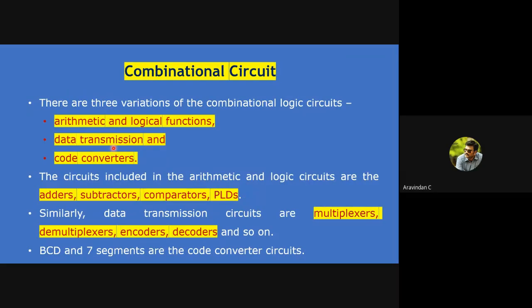Using combinational circuits, we have done experiments like arithmetic and logic functions. This is mainly used for the transmission of data. Transmission of data comes under multiplexer and demultiplexer. And code converters, we have seen, like Gray to binary code and BCD code conversions. In the first half, we have seen adders, subtractors, comparators also. PLD is one type of application, but it is a separate subject. BCD and 7-segment is also one part of transmission of data, which is beyond your syllabus. If possible, try to complete that topic also using our mobile app.